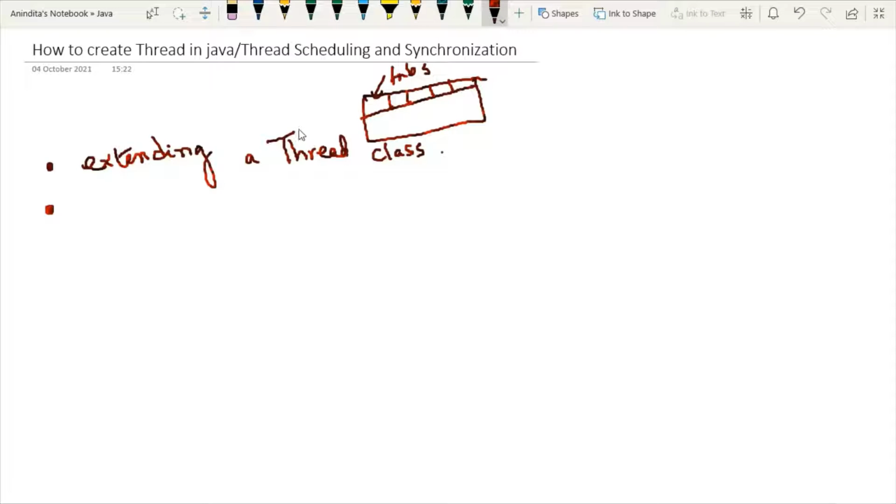See here, I am talking about a superclass Thread which is already existing. We are going to design a thread extending this superclass Thread. So this is how we can create the thread. Since I'm talking about the already existing Thread class, this T is in caps. So one way is we can create a thread in Java by extending a Thread class, or there is another alternative way. That is, we can create a thread in Java by implementing the Runnable interface.